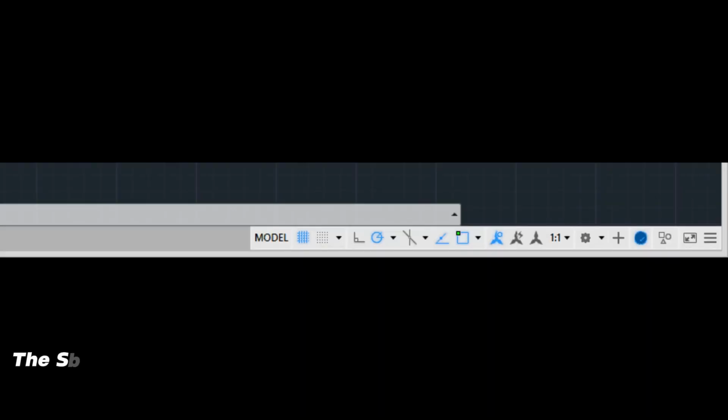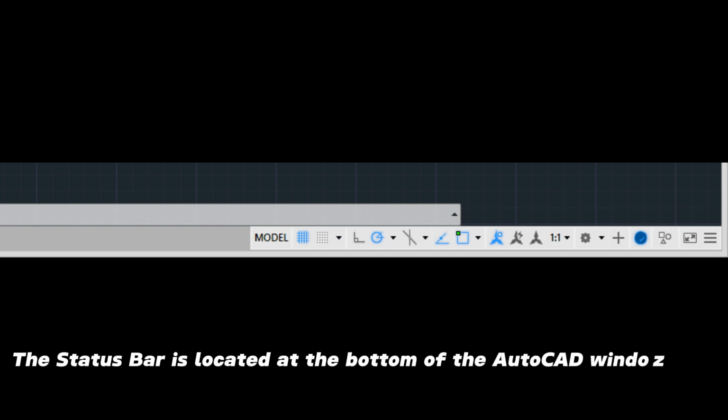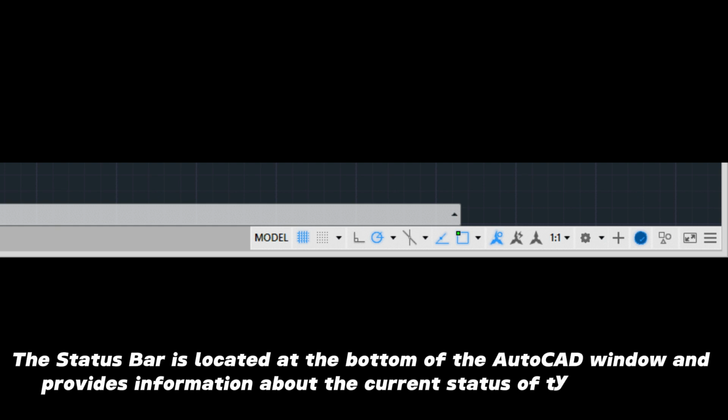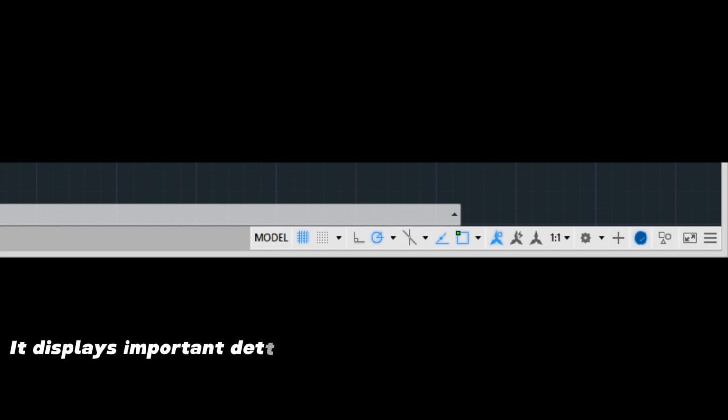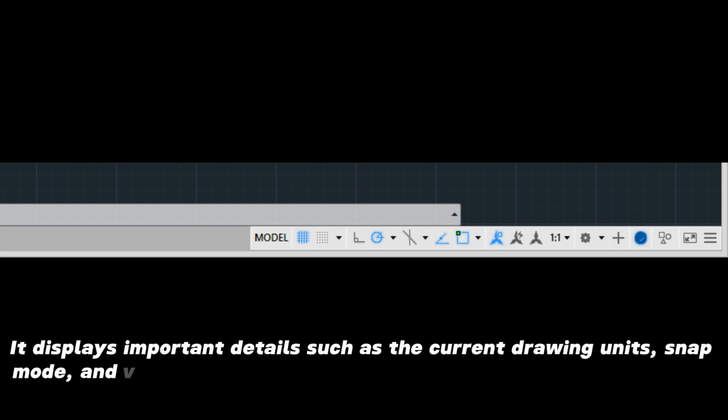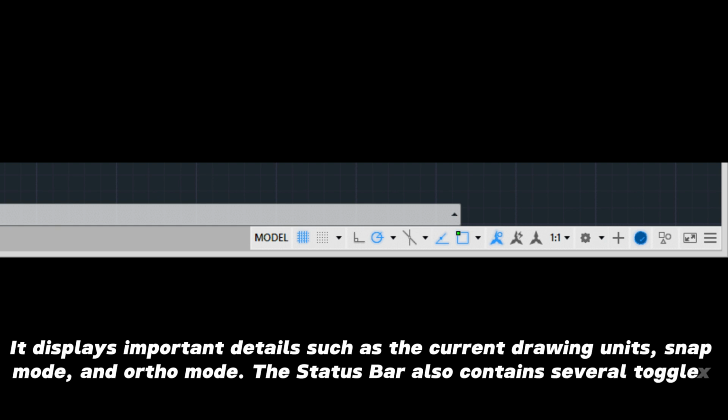6. Status bar. The status bar is located at the bottom of the AutoCAD window and provides information about the current status of the software. It displays important details such as the current drawing units, SNAP mode, and ortho mode. The status bar also contains several toggles for frequently used features like